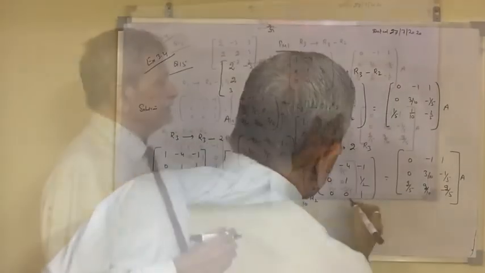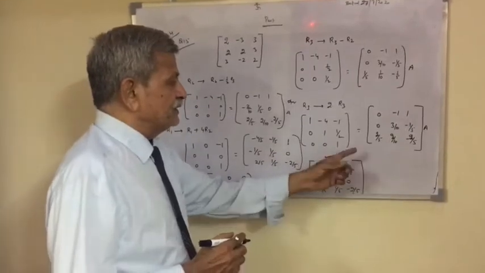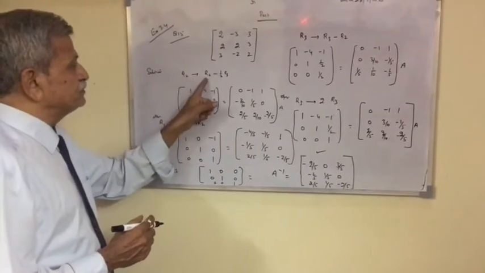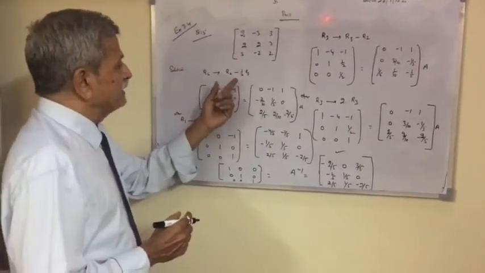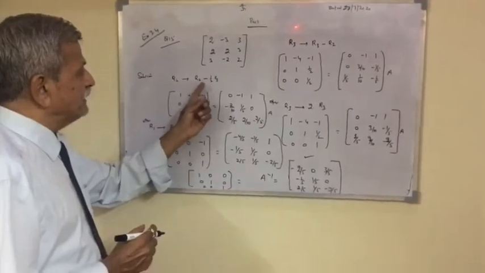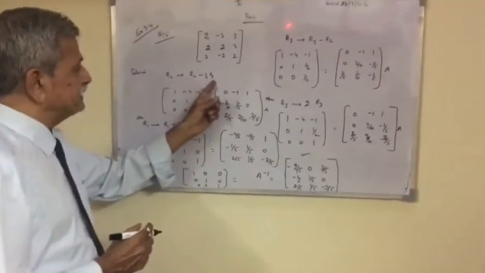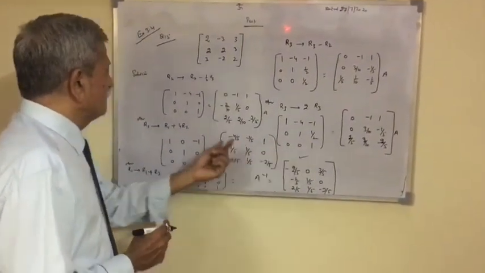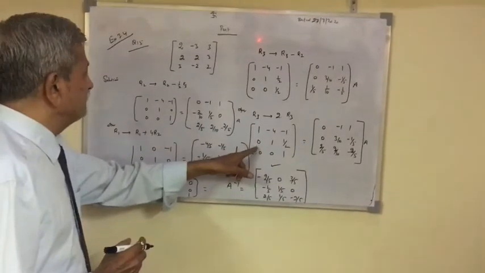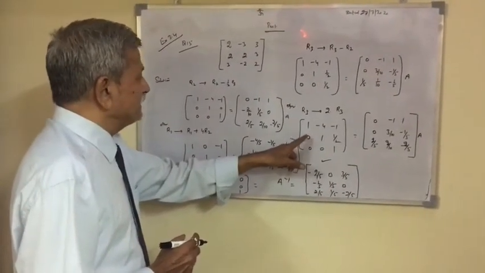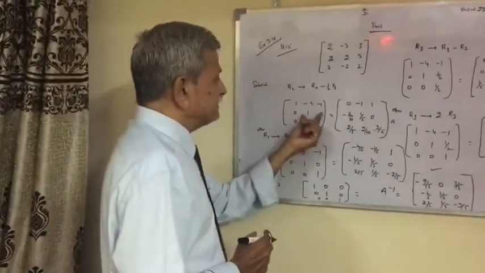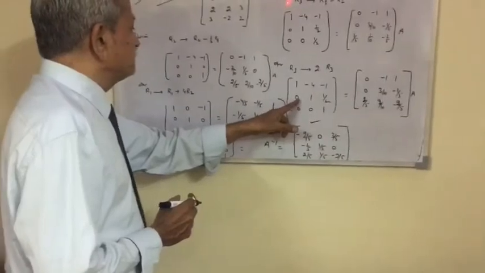So what we do of R3 operations, as we have got. Now we have to further do the operation R2 tends to R2 minus half of R3. Now if you can see, this means you can only operate on R2 with half of R3, meaning you are using only this operation on this matrix. So R2 will be here 0 minus half of R3. These operations we will do at this stage. So you would find R2 tends to R2 minus half of R3.